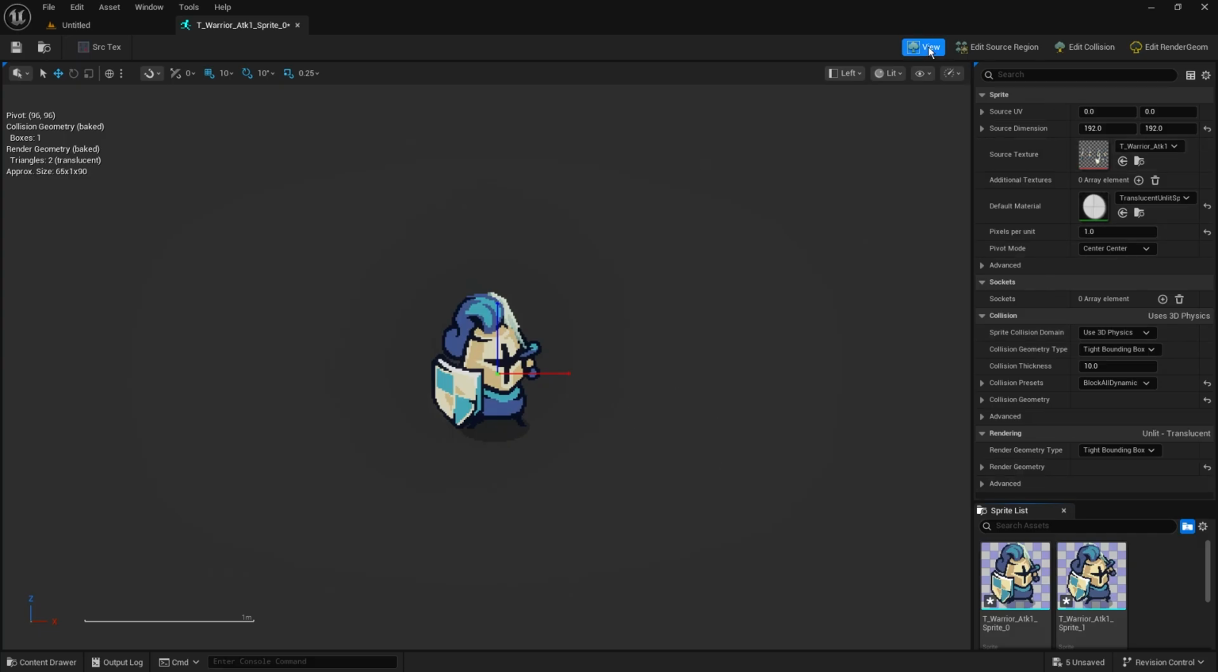We're going to have a look at the sprite tools up in the top corner. So view, edit source region, edit collision, edit render geometry. And what I'm going to do is create a bunch of little examples, and with those examples, I can then go through and explain what each of these things do. So get this done, extract out your sprites. And then once that one's ready, we can start having a look at how we can edit and use these